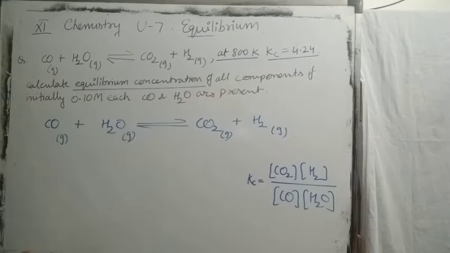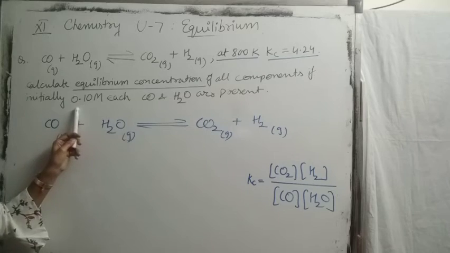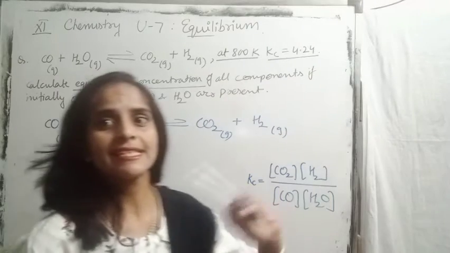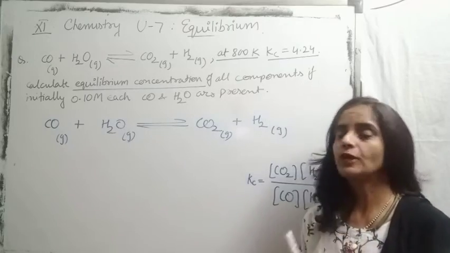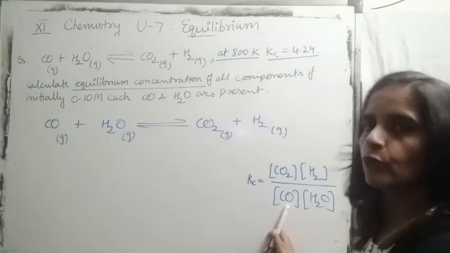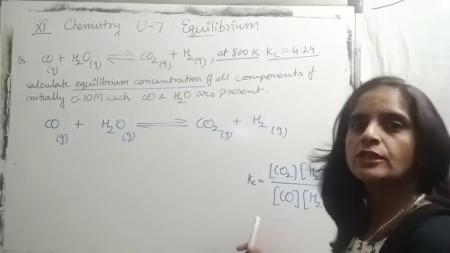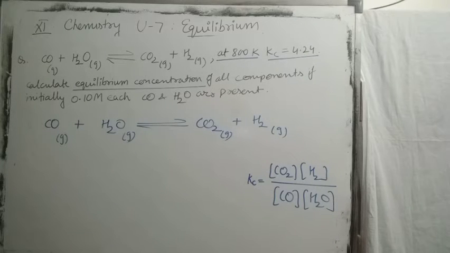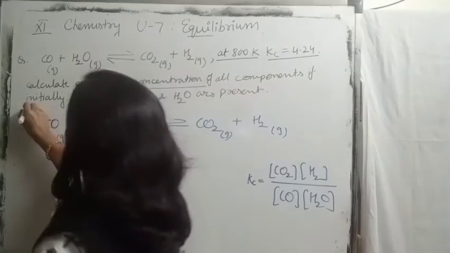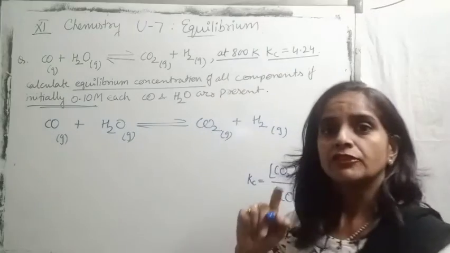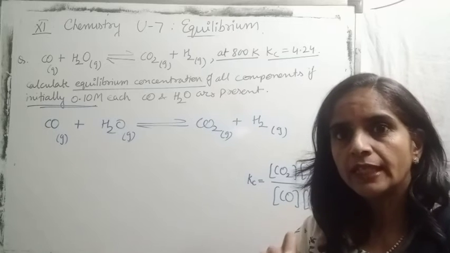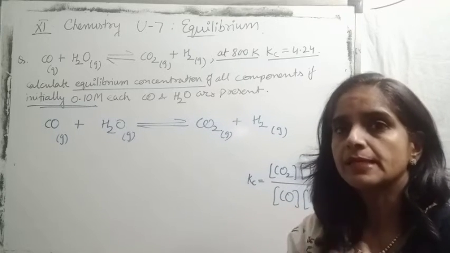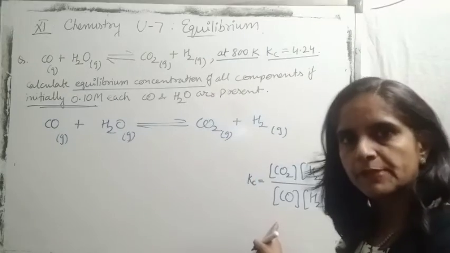So here, can we substitute this value for CO and water? Just think and tell me. Can I substitute the molar concentration of CO as 0.1 mole and for water also 0.1 molar? Shall I substitute this concentration or I cannot substitute this value? What's your reaction? No, I cannot. Why? Because these are initial concentrations, children, and the first feature of Kc was that it is only and only written at the equilibrium stage. So this value we cannot substitute here.